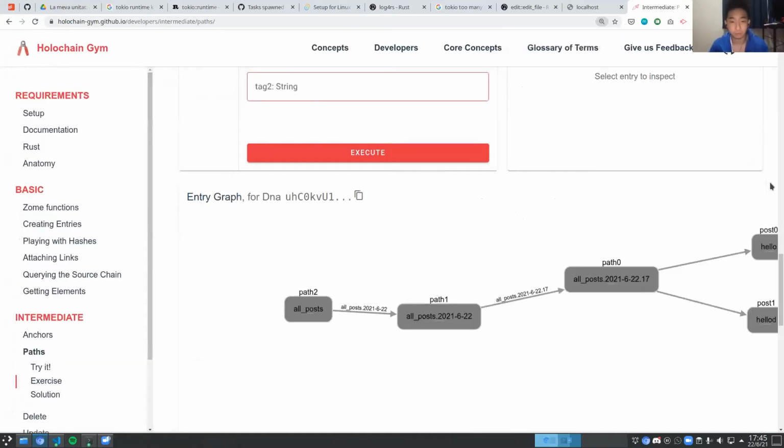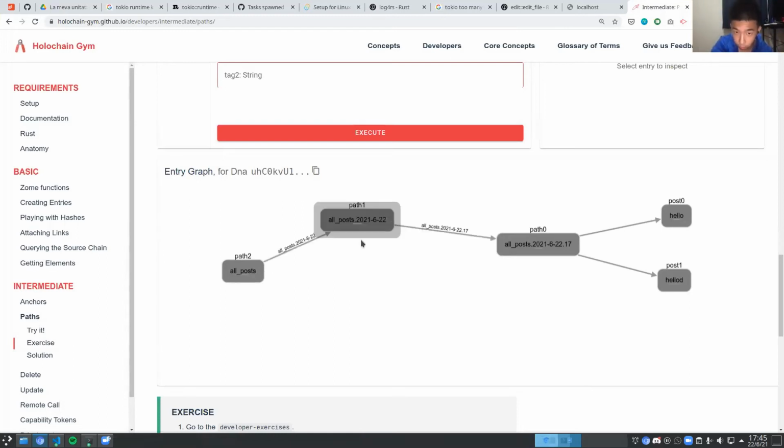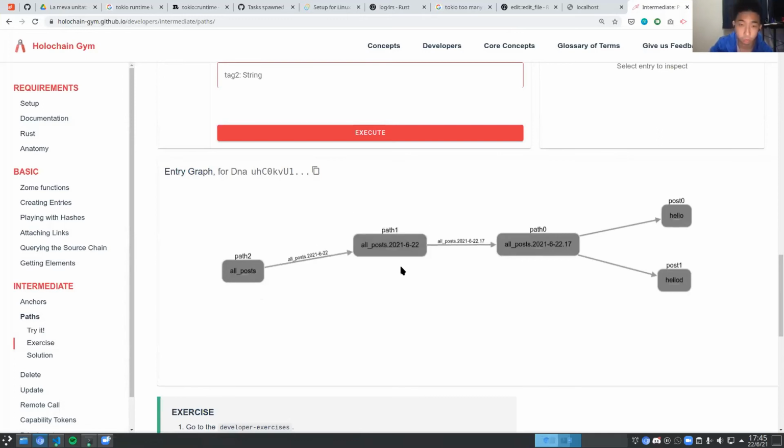Ted, do you want me to explain, or Guillaume, you want to go? No, go. Yeah, so this is basically what we are doing in group as well. So you see there's all posts, right? So we create a path that is all posts. So I'm going to talk in the context of this example, not to forget about group first. Let's talk about this. So you have all posts, and then from all posts, you create another path, which is all posts 2021 June 22, which is today. So for every day, we create a path for that day, right? So this is kind of like a time indexing kind of way to